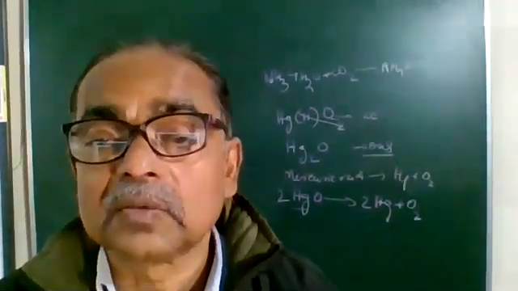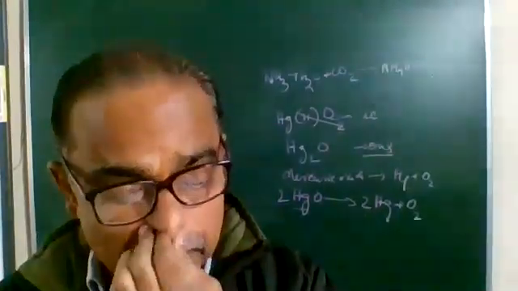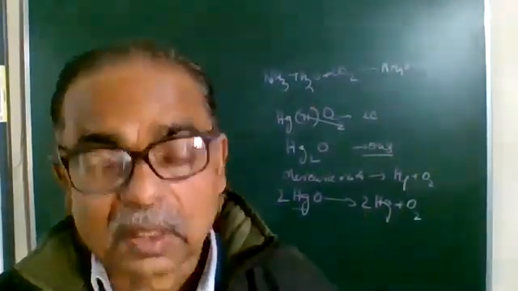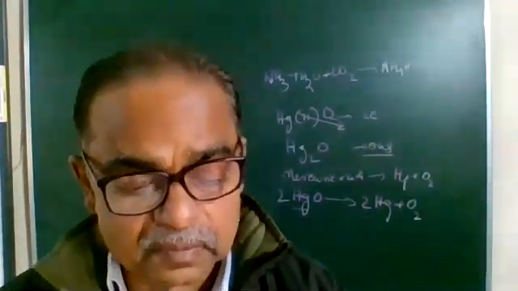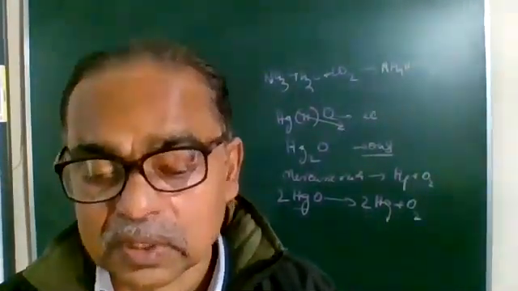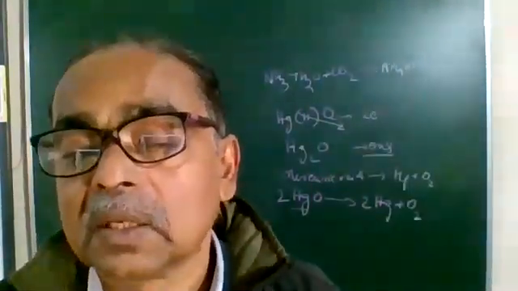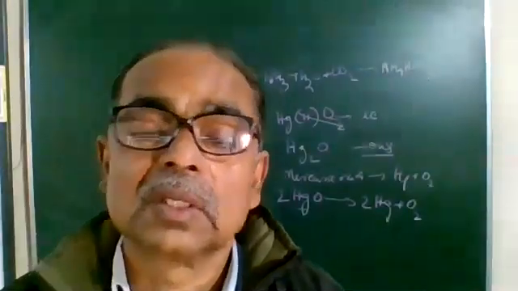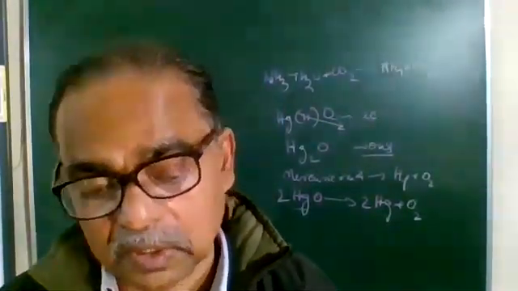And combination of two or more compounds: NH3 plus HCl will produce NH4Cl, ammonium chloride. Calcium oxide plus sulfur trioxide to produce calcium sulfate. Calcium oxide plus water to produce calcium hydroxide. You can give any example, and here I have given three. NH3 plus H2O plus carbon dioxide, we get NH4HCO3. That is a combination reaction.